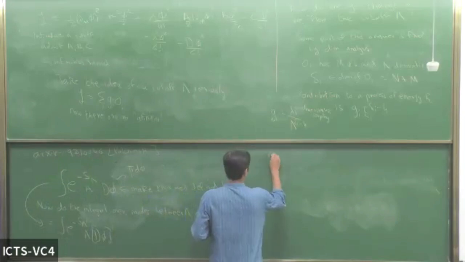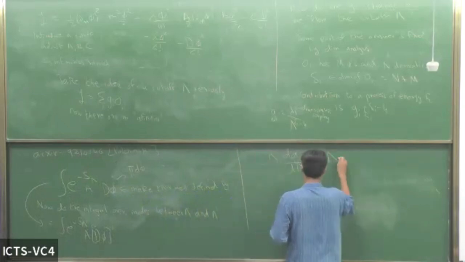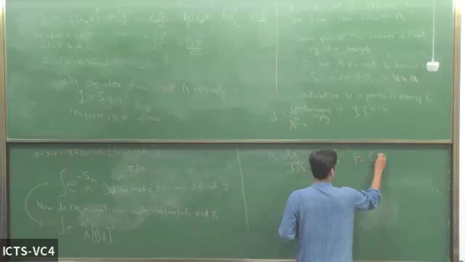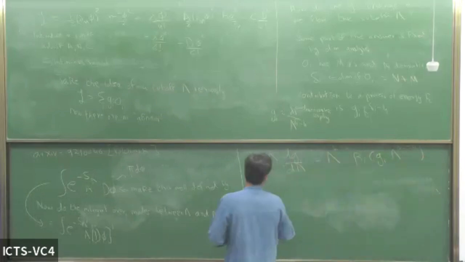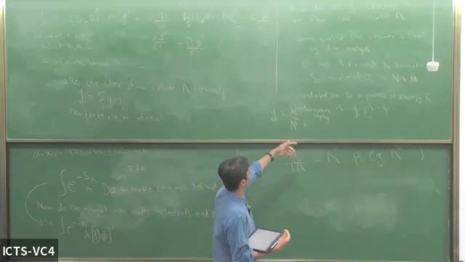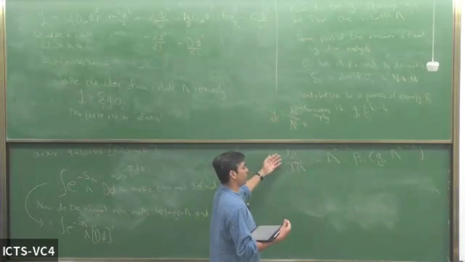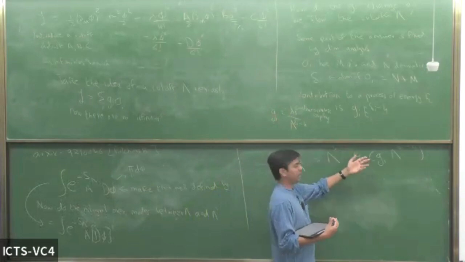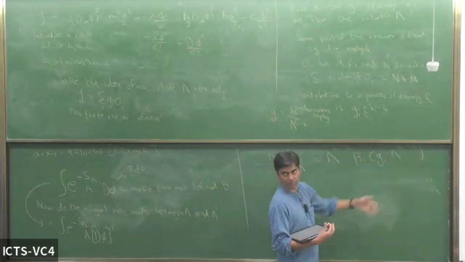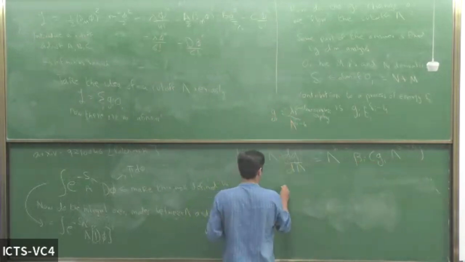So often the way this thing is written is in this form. Just to make everything dimensionless, we often write things in this form. Remember, g has some dimension which looks like delta_i minus 4. Therefore, just to make dimensions match, you write things in this way. And this function that appears on the right hand side is called the beta function. In principle, it depends on all the g_i.